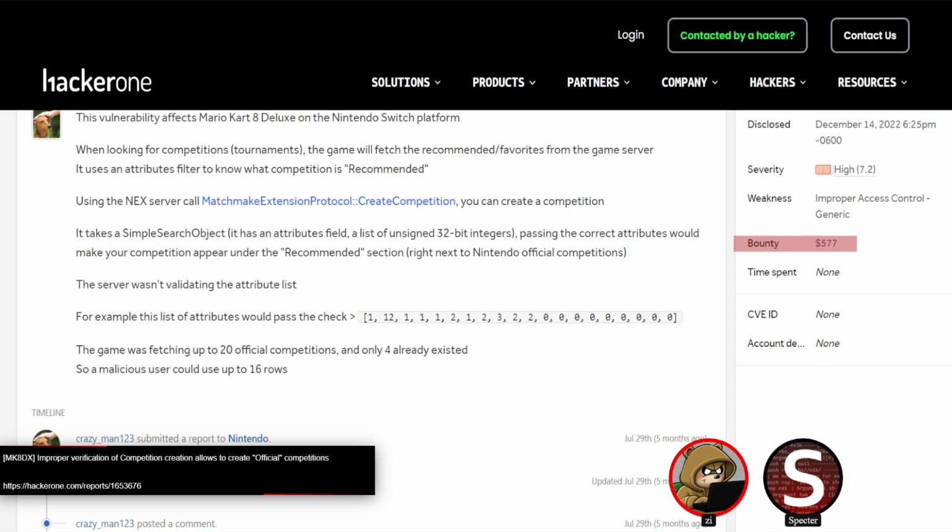In practice, it might take a little bit of extra work because you'd probably want to proxy the traffic off of an actual switch so you can follow up with the rest of the competition creation. It might be a little bit more than just sending the one thing, but that's kind of guesswork on my side. And two,